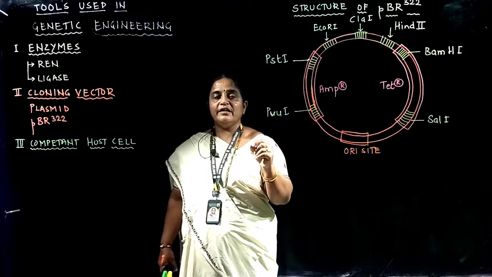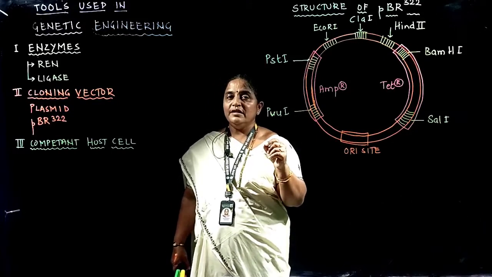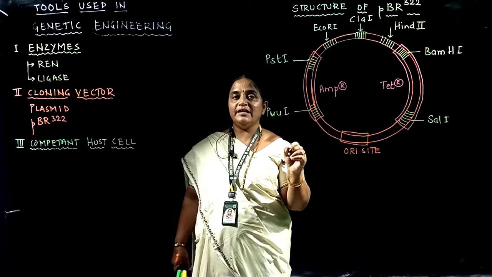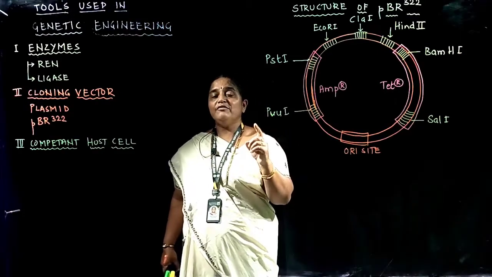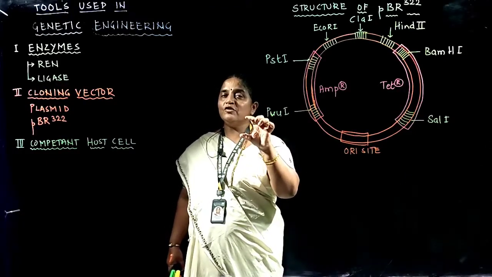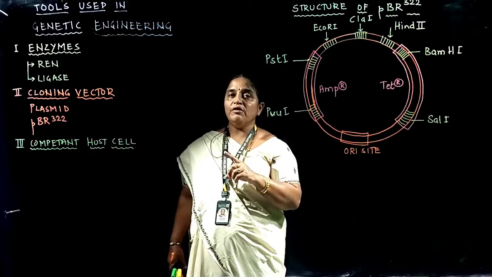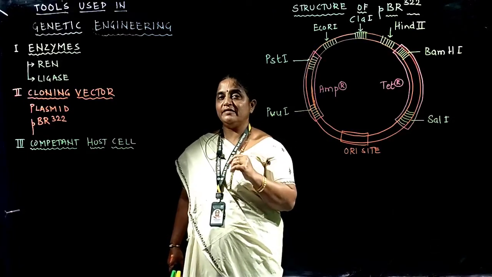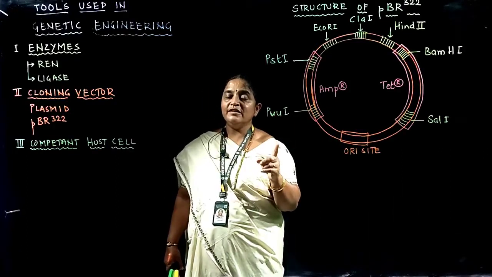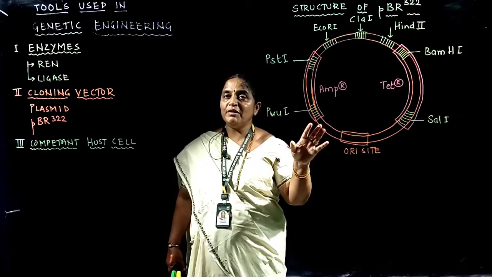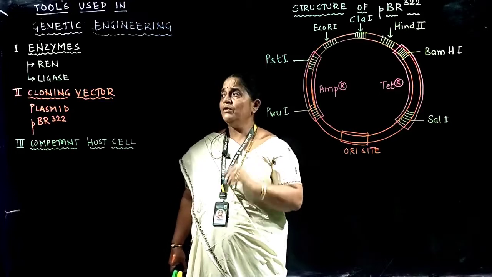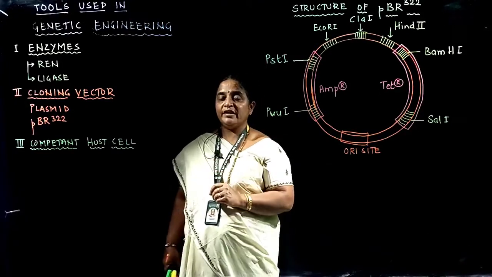After inserting the gene of interest on a vector, the ligation process takes place in the presence of the enzyme ligase, which catalyzes the formation of phosphodiester linkage to join the two cut ends of the DNA, followed by formation of hydrogen bonds to form the base pairs. Thus, REN and ligase are used in gene splicing to insert the gene of interest on a suitable vector to obtain recombinant DNA or rDNA.